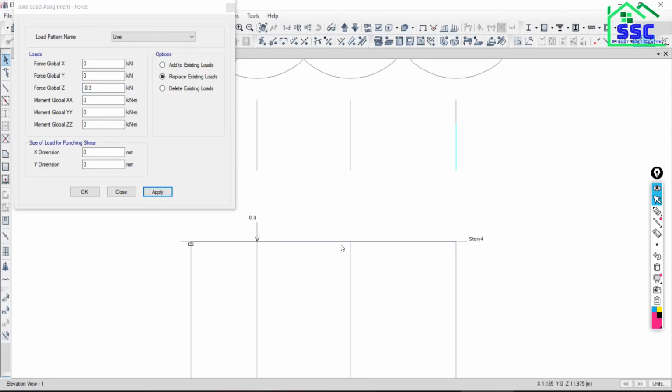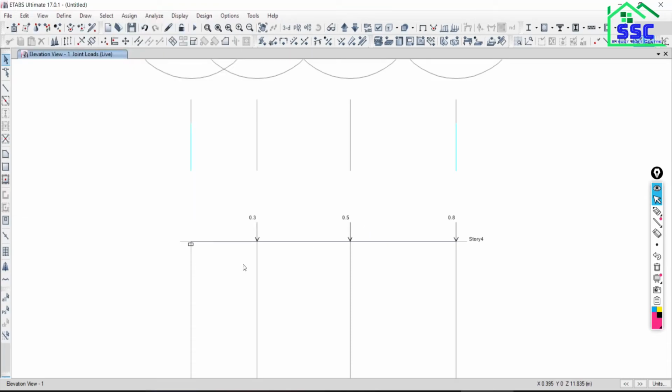Now here it should be minus 0.5. Put 0.5, say apply. Now at the free end assign minus 0.8. Say apply. So this is done. 0.3, 0.5 and 0.8: all these loads we have assigned there. Is that okay? All the loads and all the supports have been assigned.